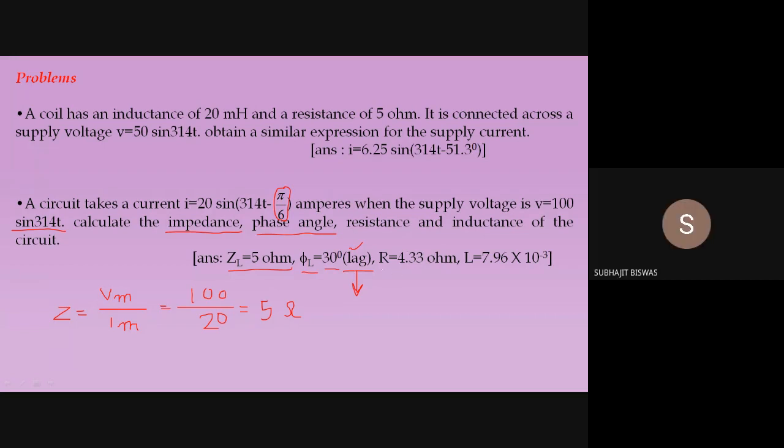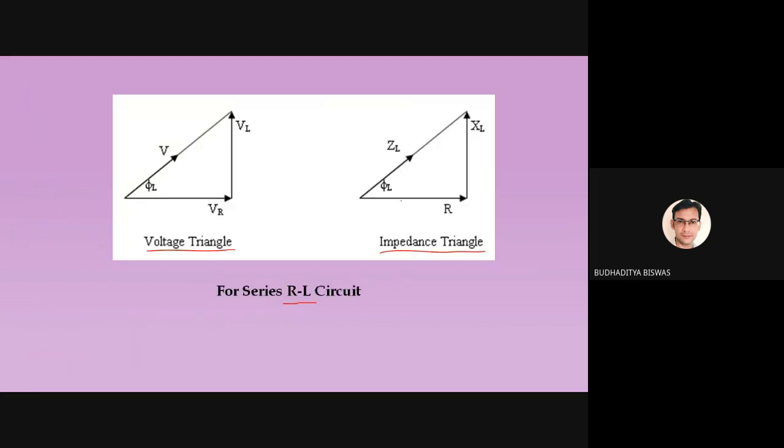Yes, sir. Then these two terms, the value of the resistance and the value of the inductance, you need to find out yourself. I just give you one hint: from the impedance triangle, if you're able to draw it, you can easily find this, because you already know the value of phi and the value of Z. Z equal to 5, you have calculated this. This angle is 30 degree. So from this, are you able to find the values of XL or R?